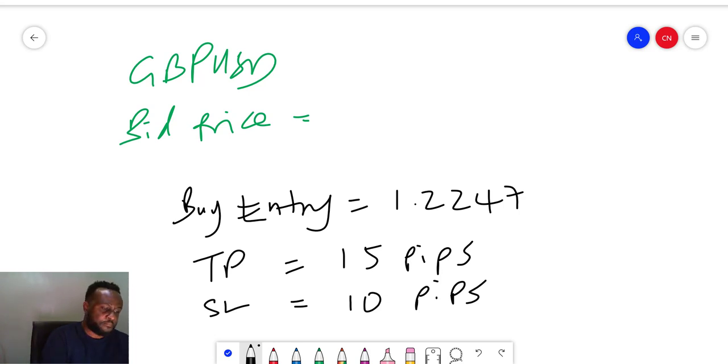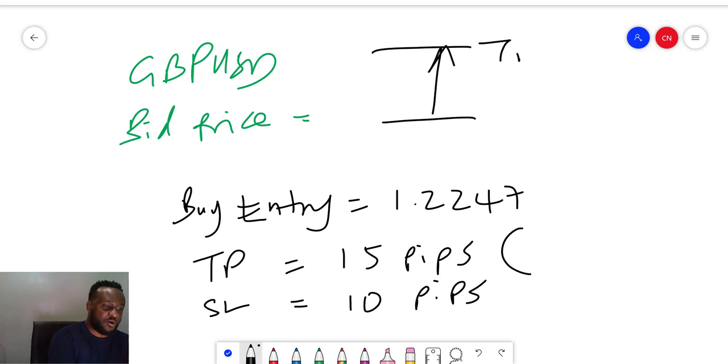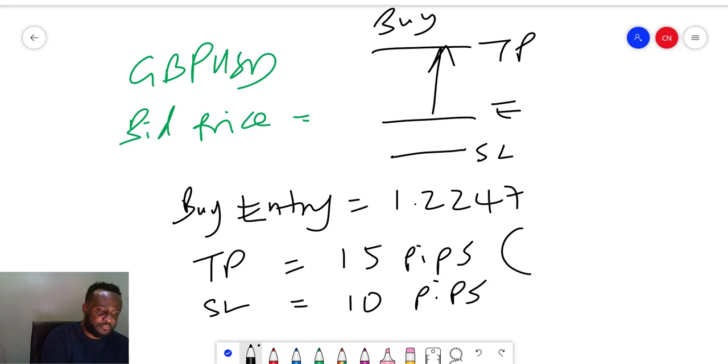It means that what I need to do for my TP, because this is a buy trade, if I buy here, I want price to go up, so my TP will be somewhere up. So that's the entry, and my stop loss will be somewhere lower. That's what a buy trade is in a buy situation, right? So 15 pips will then be me adding 15 pips to 1.2247. 15 pips will be 0.0015. Remember, counter, 15 pips,